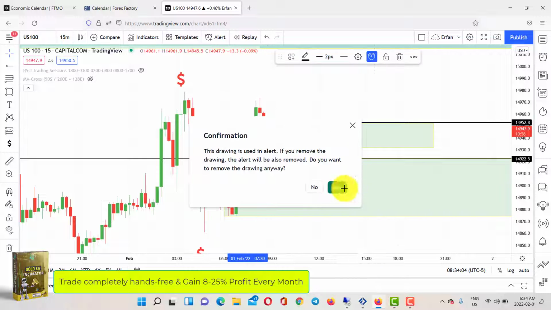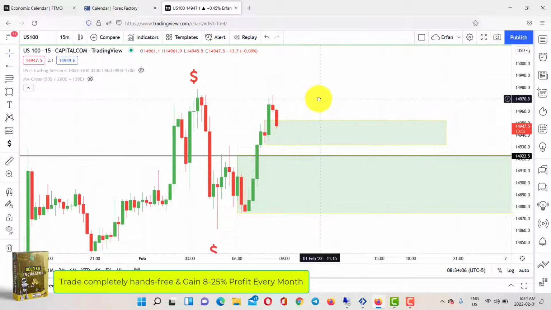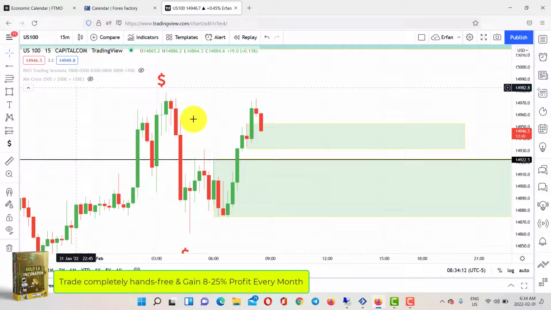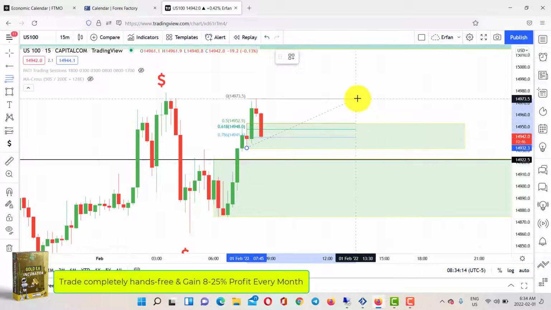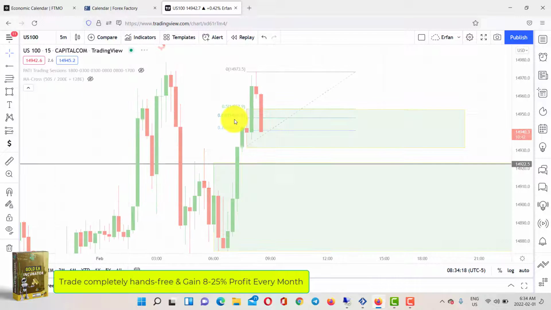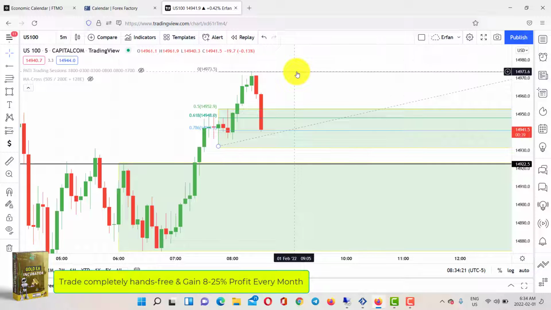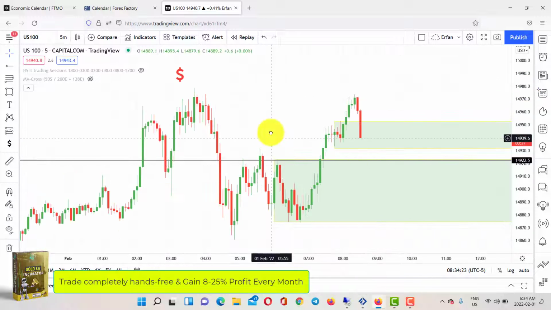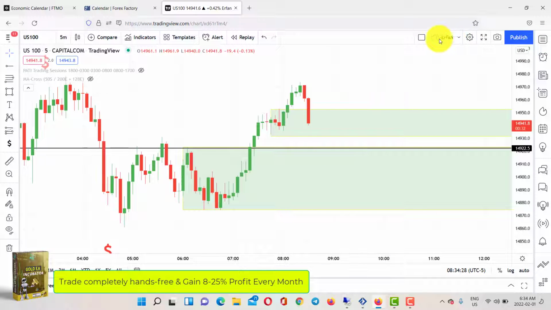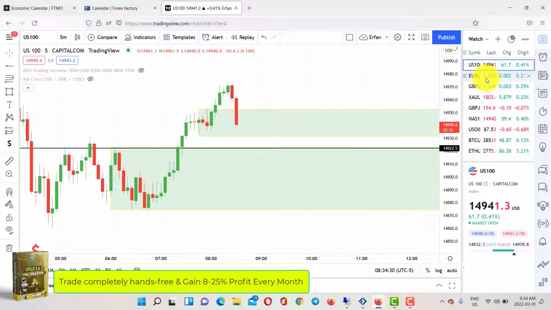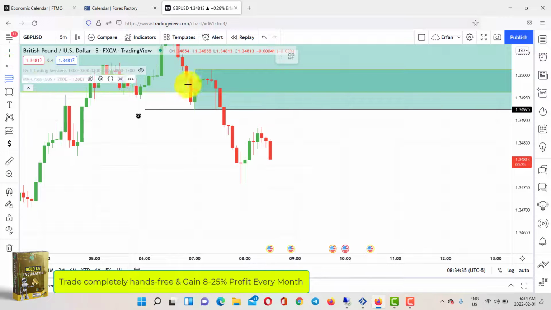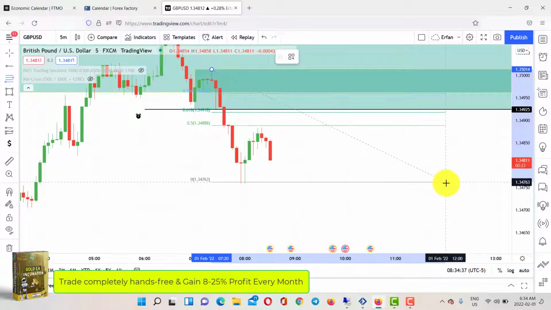We are waiting for, yeah, as I said, it's probably coming down towards this zone here, so we gotta wait for that. GBPUSD is a good one. Yeah, GBPUSD, as I said, is probably, see,